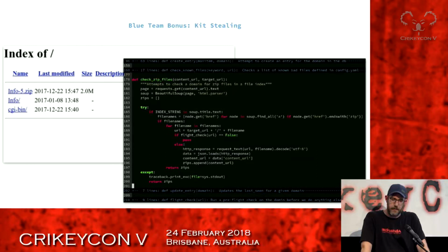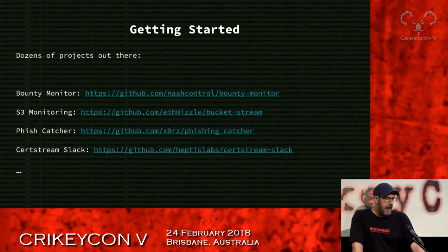So I just automated that with a little bit of Python, and you can steal a lot of fun phishing kits out of that. Fun fact, pretty much 90% of them are backdoored, and it's a great game to go through figuring out how the phish kit author backdoored them to send them the credentials as well. So, getting started.